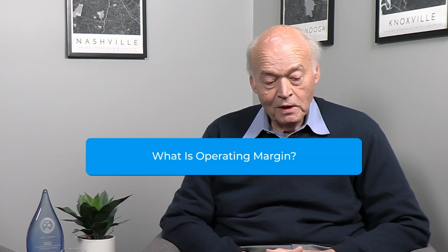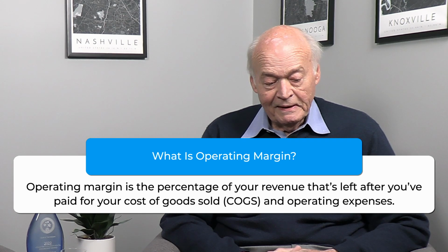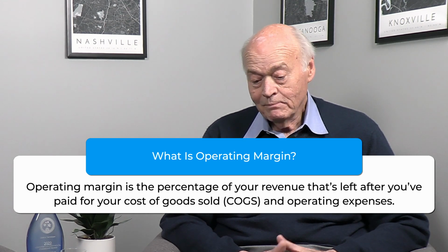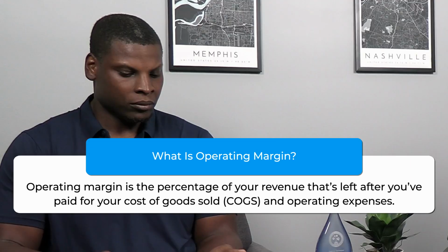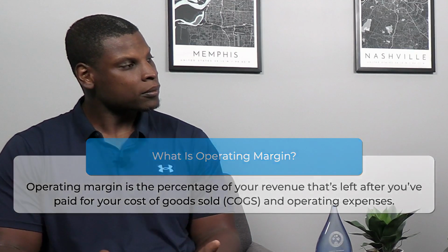Well, operating margin is basically the operating income divided by sales. That's the percentage of sales that's left after you pay your cost of sales and you pay all your operating expenses. And operating expenses are such things as payroll, insurance, taxes, rent, all your expenses you incur in the day-to-day operation of a business. So what's left over is called operating income, which is nothing more than sales or total